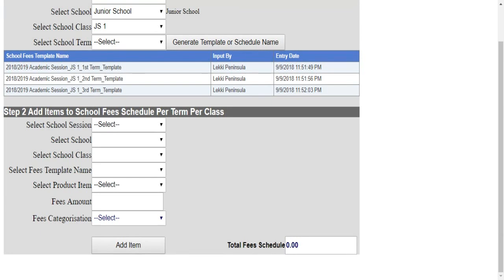So you have first term template, second term template, and of course the third term template. So what are we going to do with this template? We're going to then define a schedule on this template. Okay. So the next part of it, the step 2 part of defining the school fees template,